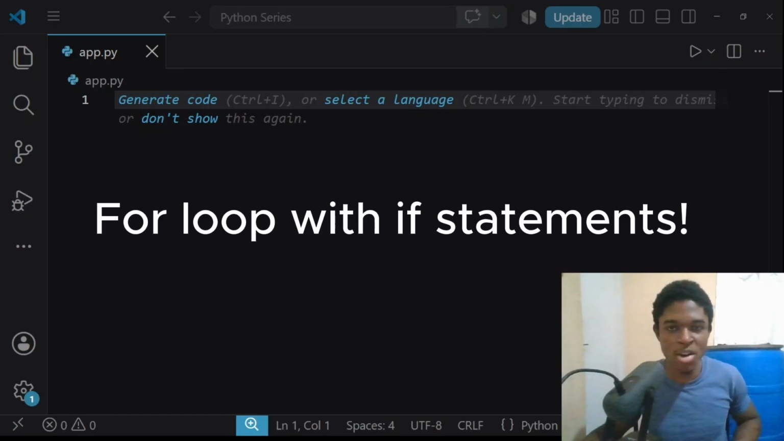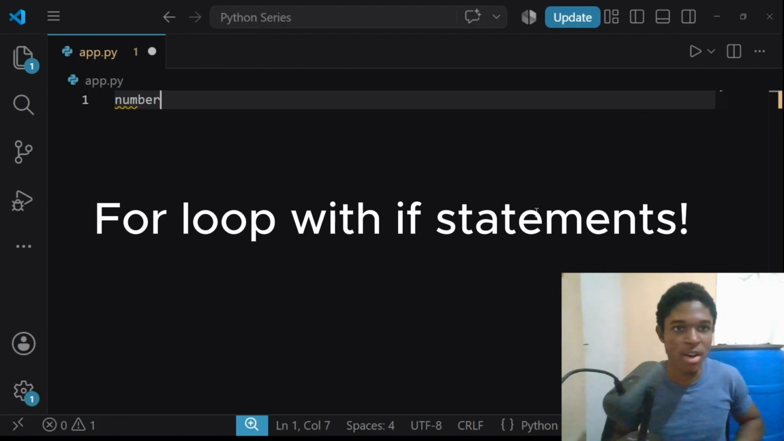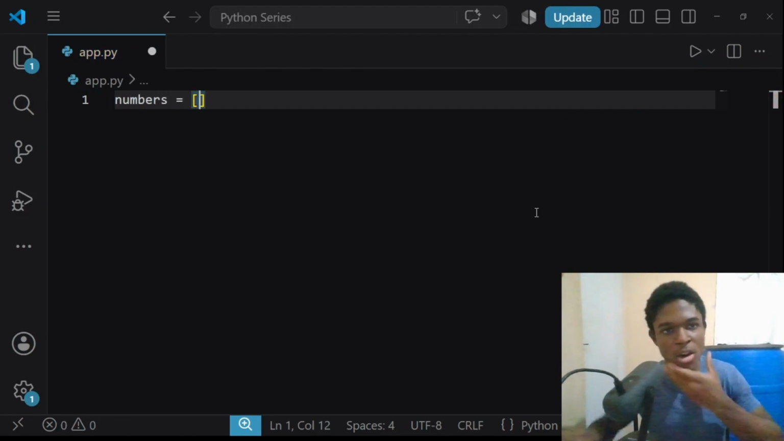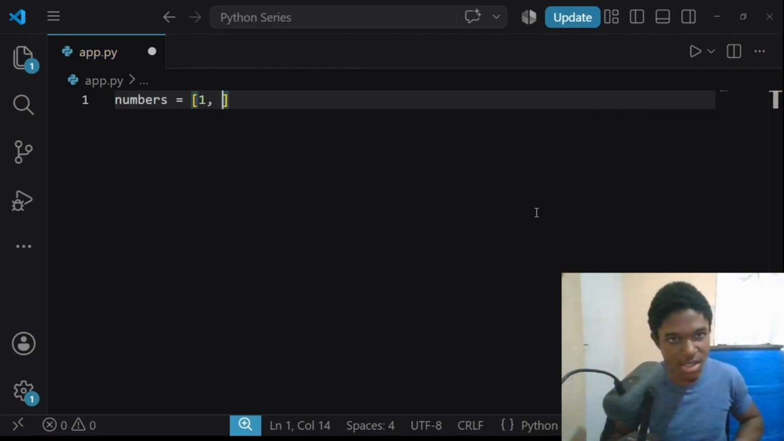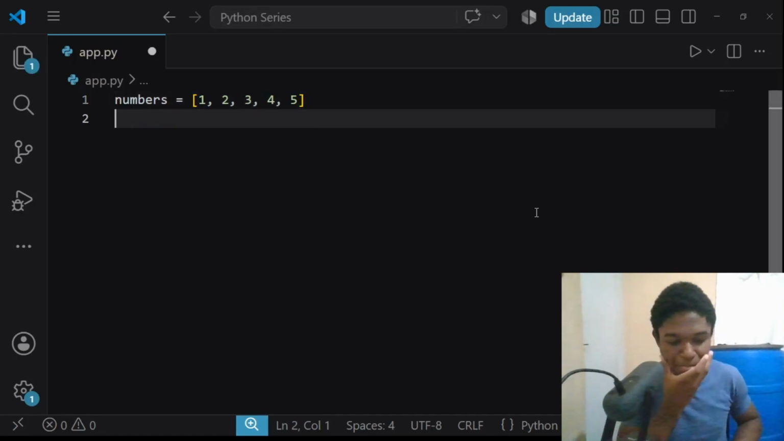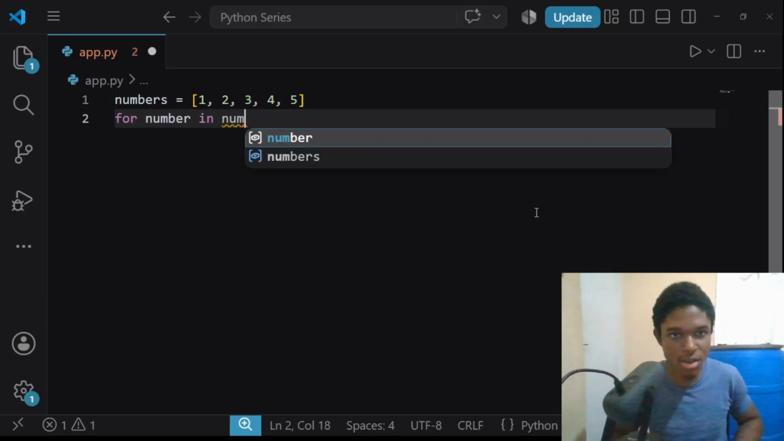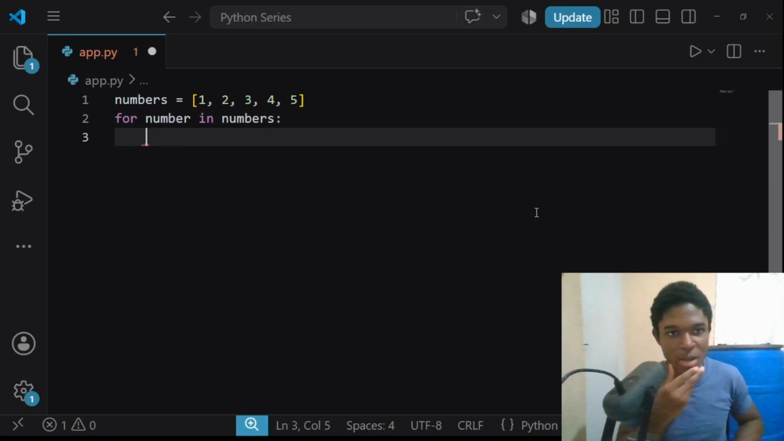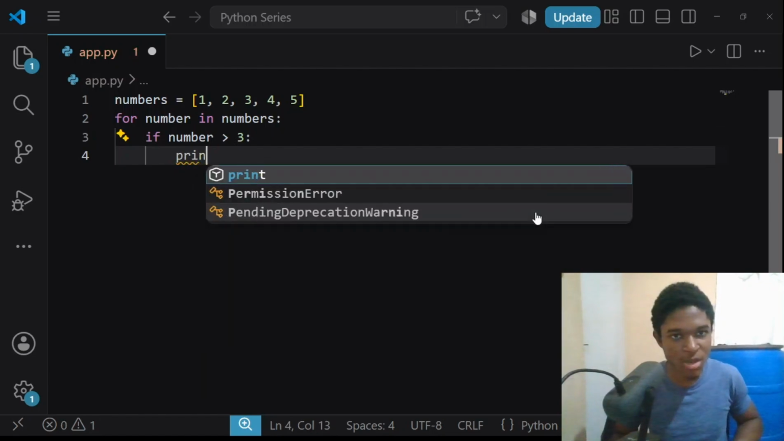Alright, guys, let's see how we can use a for loop with an if statement. So let's start by creating a variable, let's call it numbers, and it will be a list. Let's say 1, 2, 3, 4, 5, and then we could create a for loop. So we could say for number in numbers, and then we could have an if statement inside of our for loop. So we could say if, let's say, number is greater than 3,